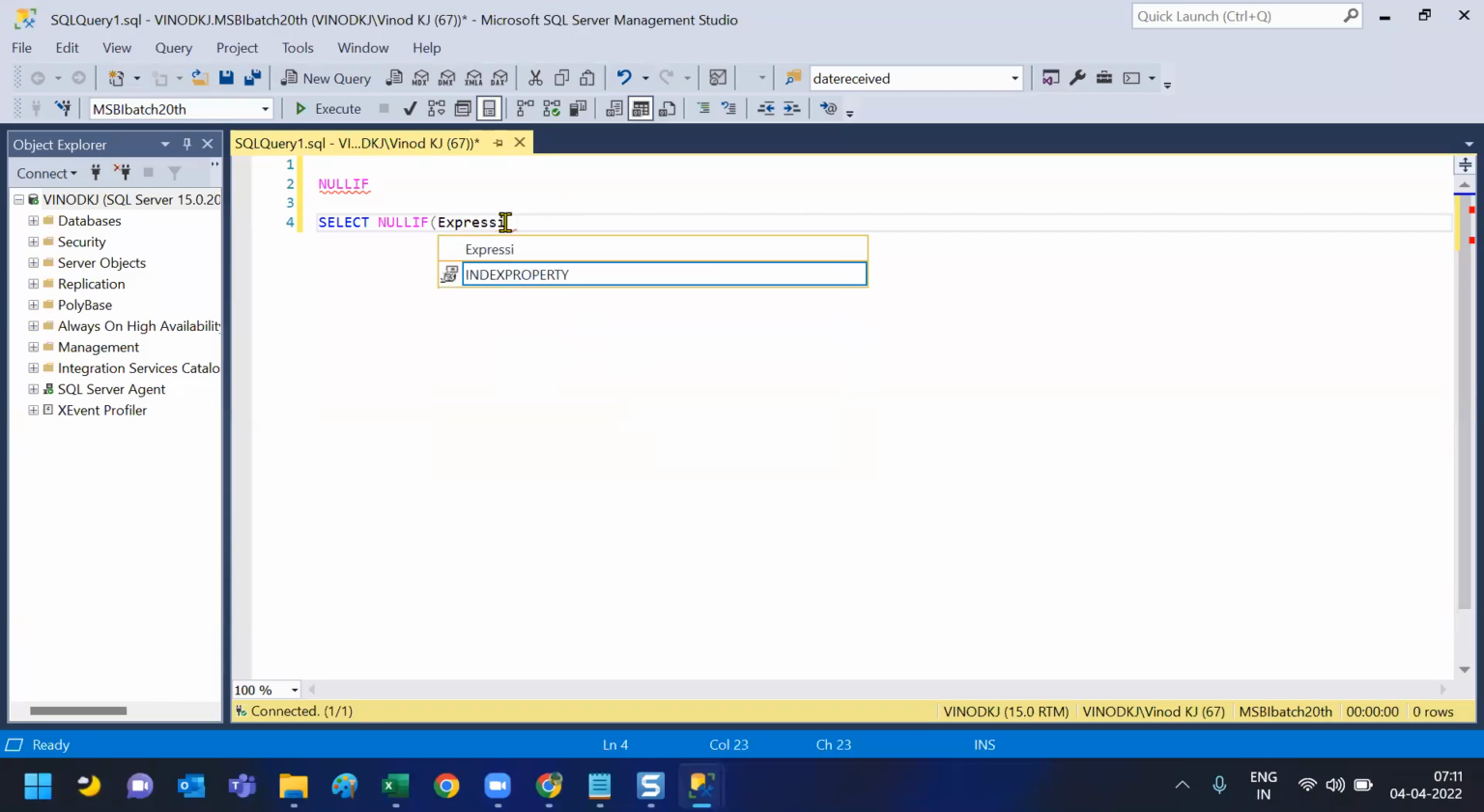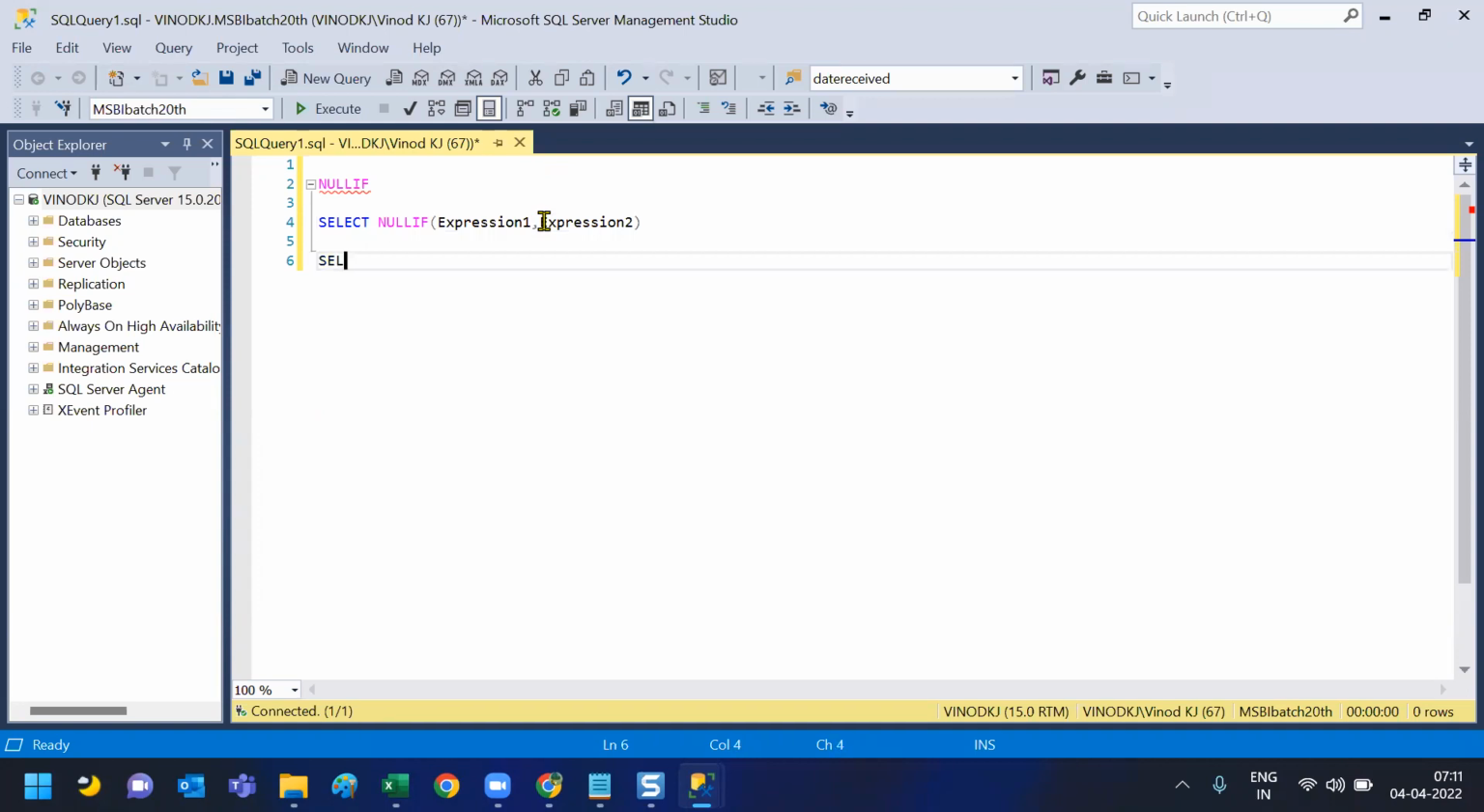Null function, the number of arguments will be 2: expression 1 and expression 2. Okay, only 2 arguments it will allow. What this null function will do is,